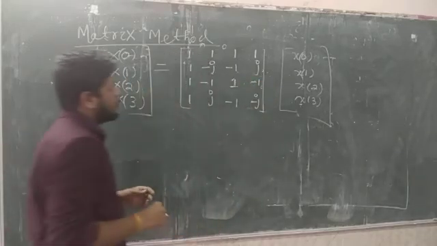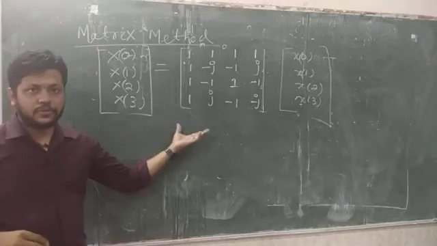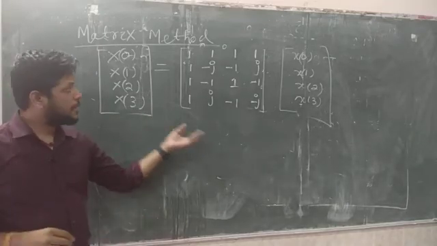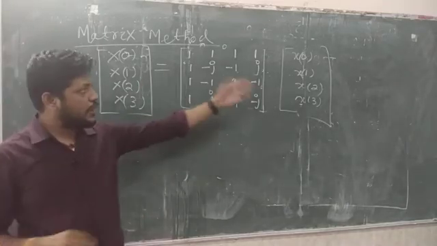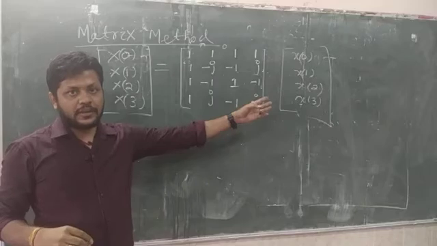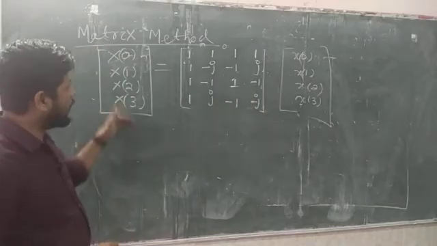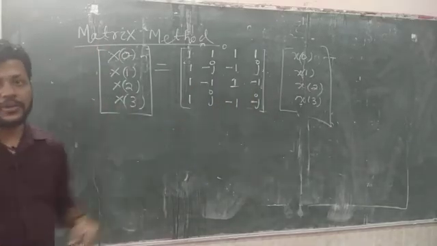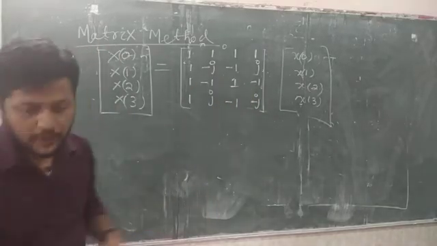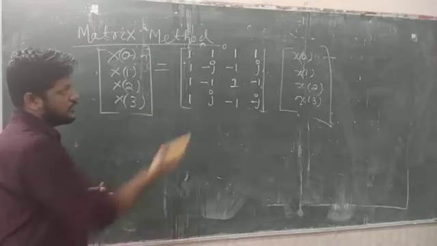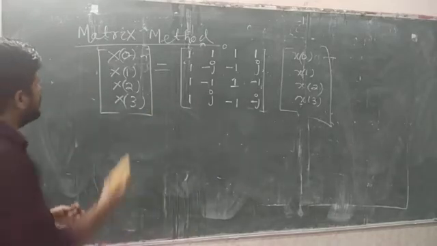This is minus 1. So this is a 4 cross 4 twiddle factor matrix. If you know this matrix and you are given the time domain signal and you need to find the discrete Fourier transform, just apply the matrix multiplication method. So remember this matrix. I am going to use this.